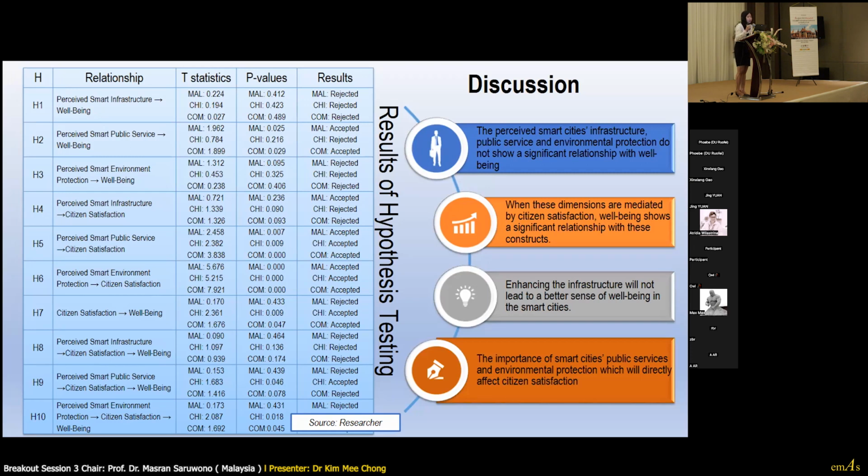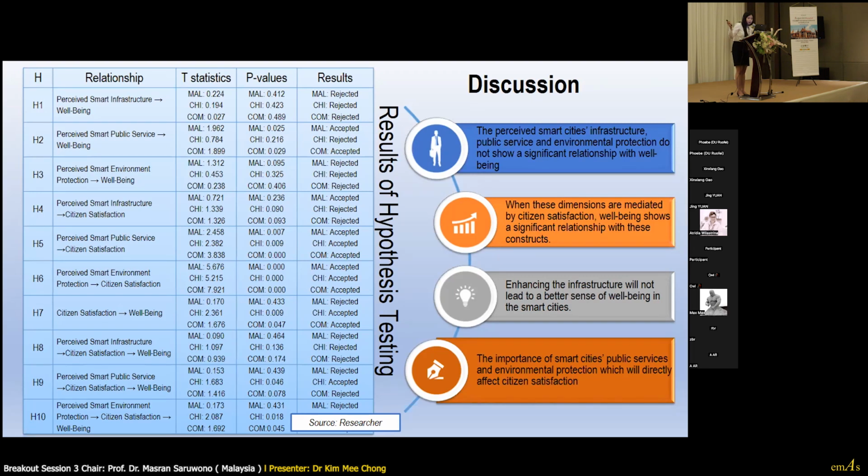This means the hardware doesn't really reflect the well-being of the citizens, as we know that most of the mental health problems and also the suicide rate are actually in the city. For example, in Malaysia, the highest rate is in KL and Selangor. So we see that the infrastructure does not have any significant relationship to the well-being of the citizens.